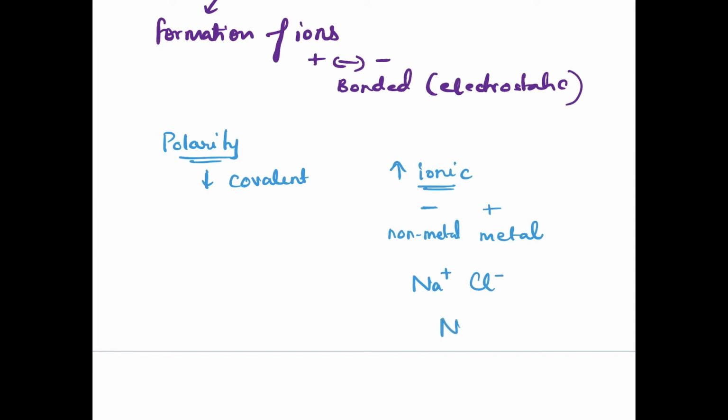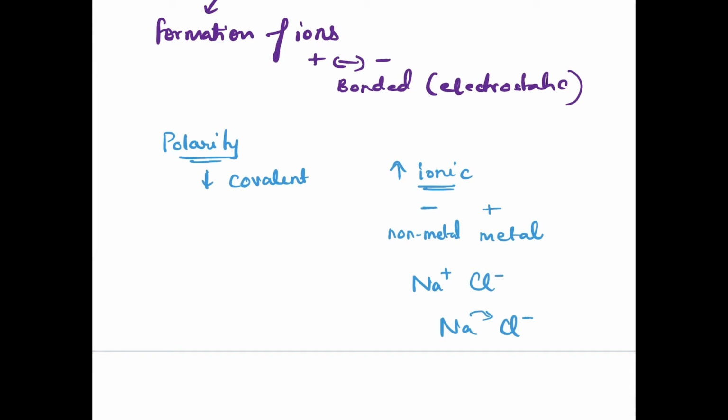Actually, you have sodium and chlorine participating, but sodium gives one of its electrons to chlorine, and chlorine takes that electron because chlorine has more of electron affinity or electronegativity and acquires that negative charge, while sodium is ever so ready to give that electron because it is electropositive. And thus we have the formation of these ions, sodium ion and chlorine ion, taking place.